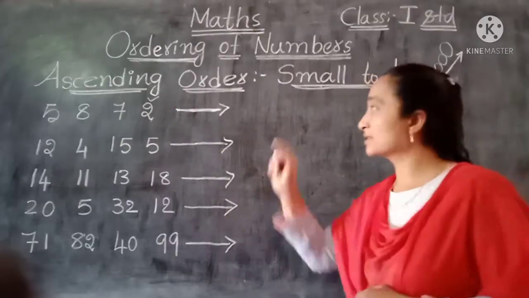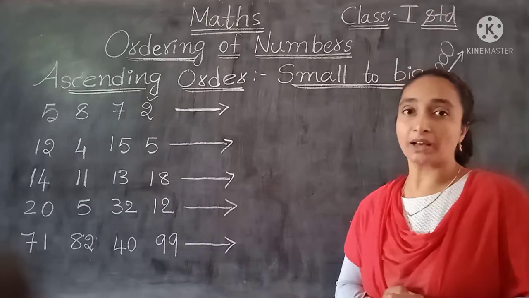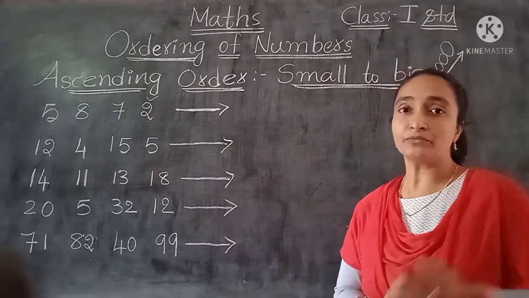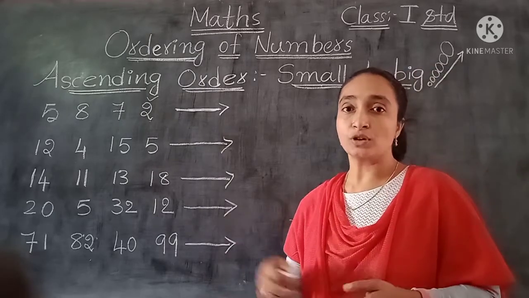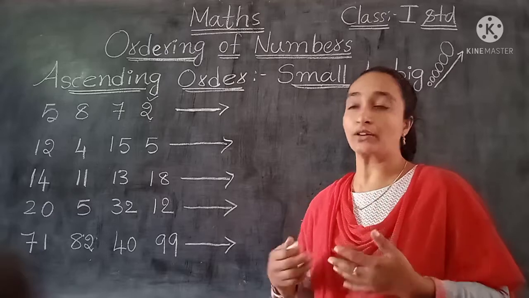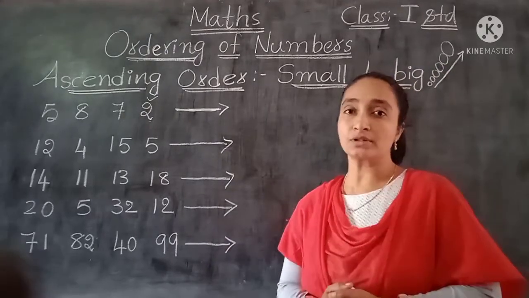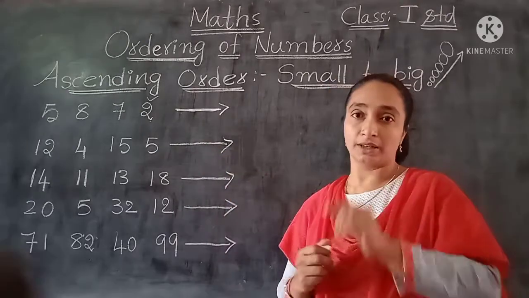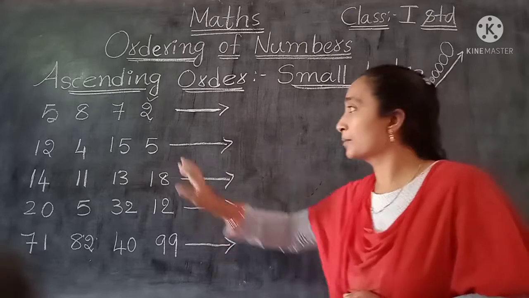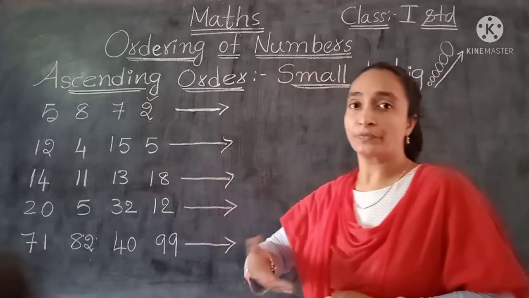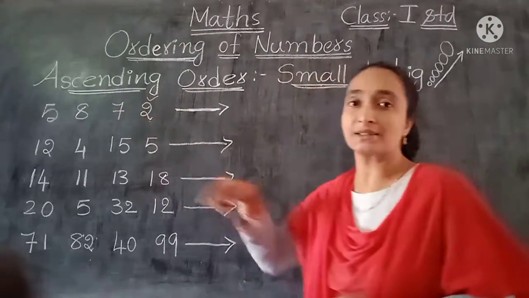I am keeping a small tick mark there. Why? Because if you don't give the tick mark, when you are writing, you may get confused and think this also we should consider. Again you will forget and write 2 one more time. So not to get confused, we can give a small tick mark there. It will show that yes, this is completed. Next time when you are observing these numbers, you can check and see that this number is completed.